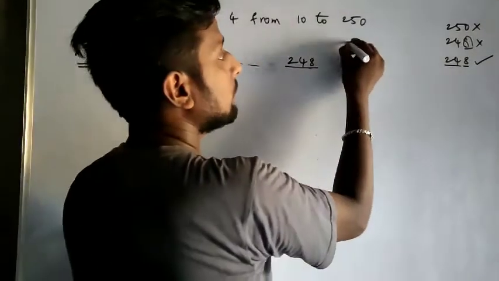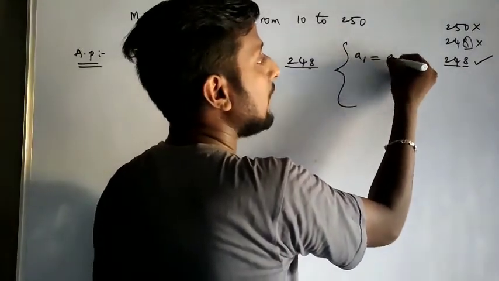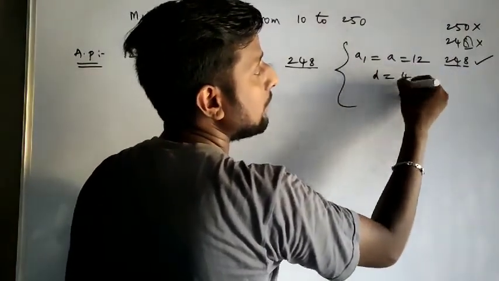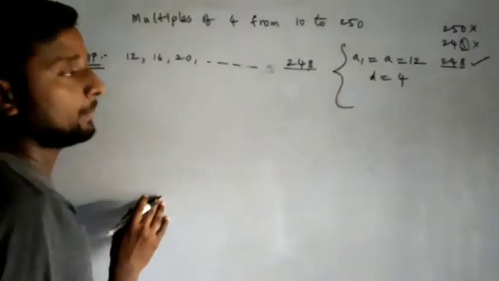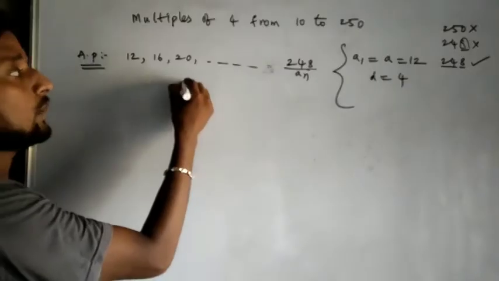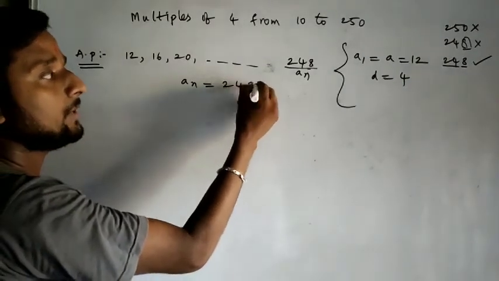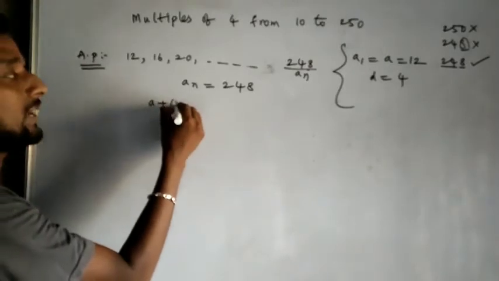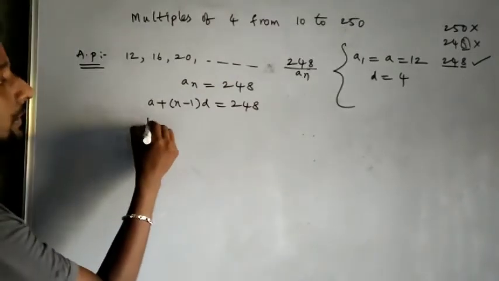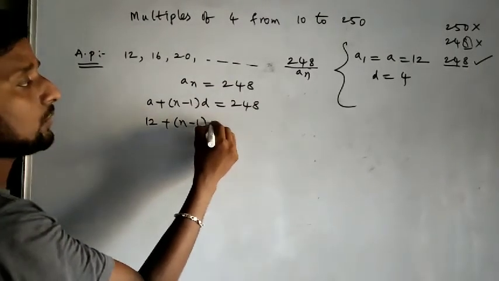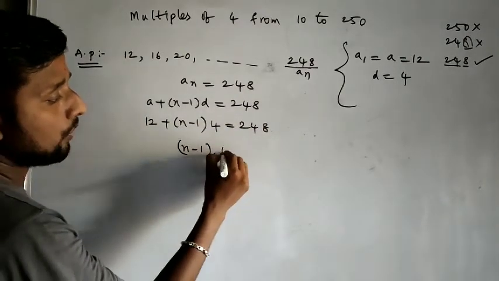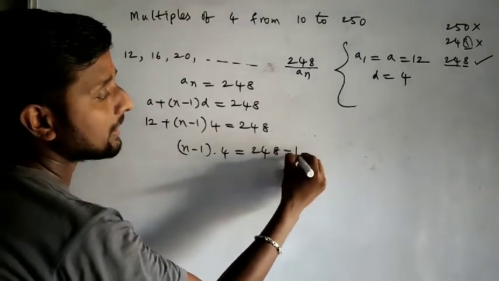Now what do we need? First we need a1, the first term, value 12. The common difference: it is about multiples of 4, so the common difference is only 4. The nth term is 248, so I can write an is equal to 248. An is equal to a plus n minus 1 into d, that is 248. So a value 12, 12 plus n minus 1, d value 4, is 248. So n minus 1 into 4, and 248 minus 12,